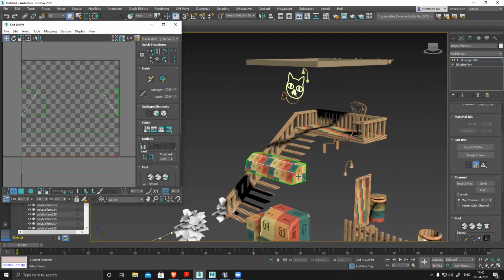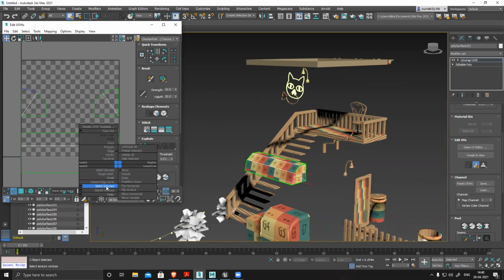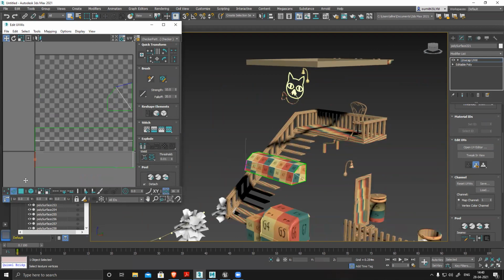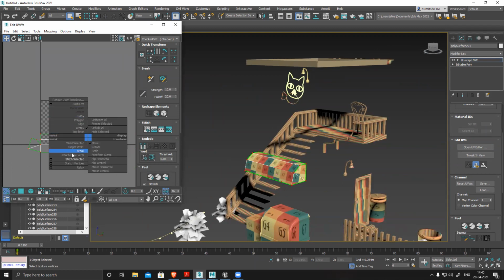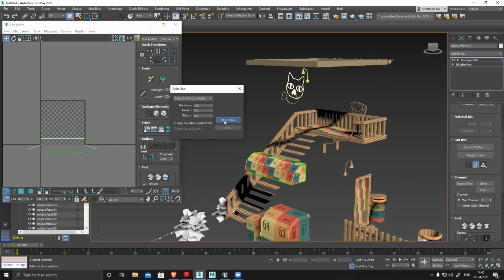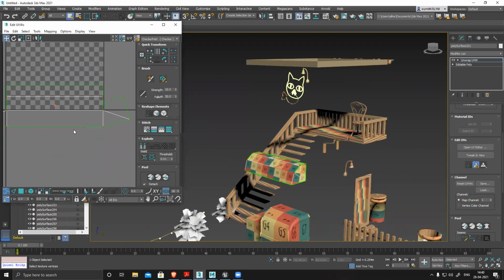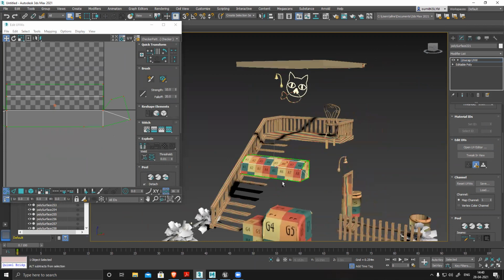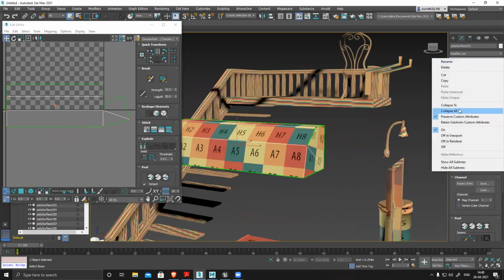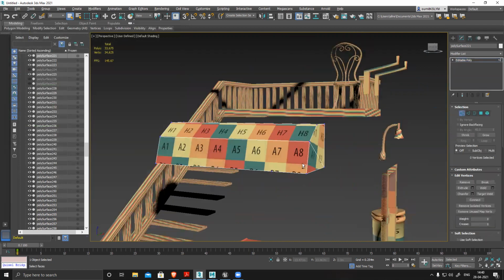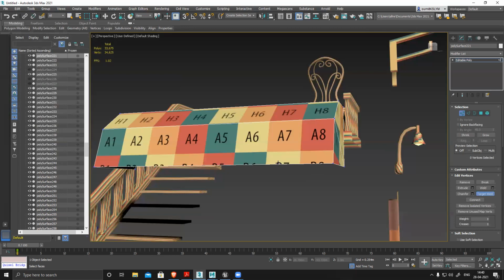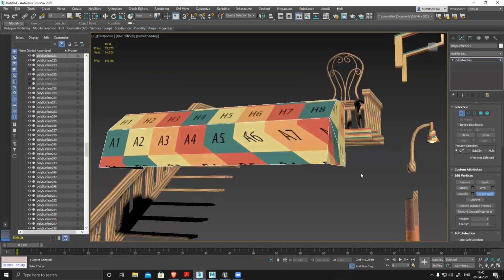I can keep these sides separate and the center parts together, or if I want, I can stitch only one section just to keep everything together. Let's see. Relax, and now I can see there is a floating vertex. So always look for those things, any kind of issue in your UV, because UV is a flattened version of 3D. So if there is any problem in geometry while working on UV, you should be able to check it and fix it.